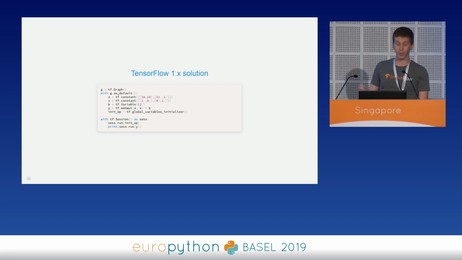And then, in the end, we create the session object, and this is the object that receives the description of the computation, the graph, and places it on the correct hardware. Then we can finally use the session object to run the computation and get the result. So this is the standard implementation in TensorFlow 1, and in TensorFlow 2, thanks to eager execution,